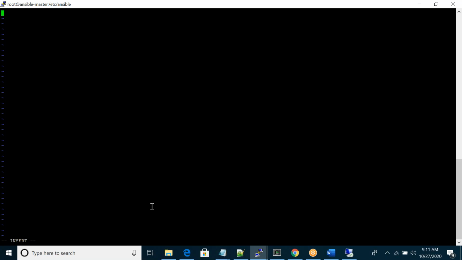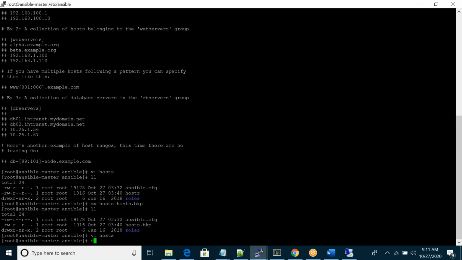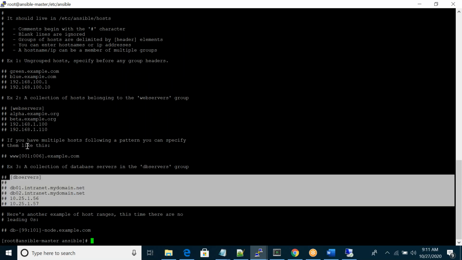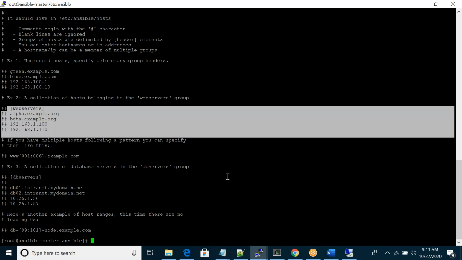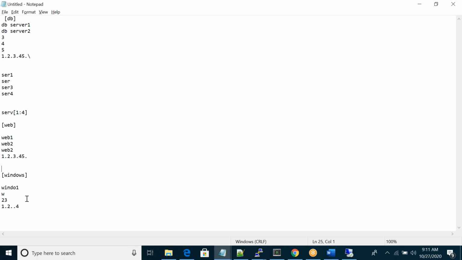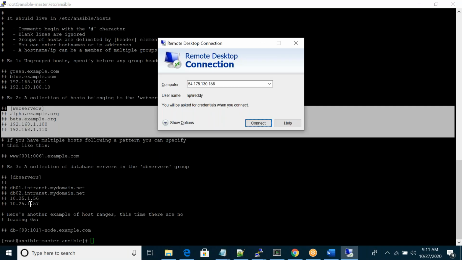You can go. So in my case, I have only 2 servers, a master and an agent. In production, whatever we discussed earlier, we will follow like this. We'll have groups like DB servers, web servers, Windows servers, or any data center names, that depends. But in my case, I don't have that many servers. I have only 2 servers.